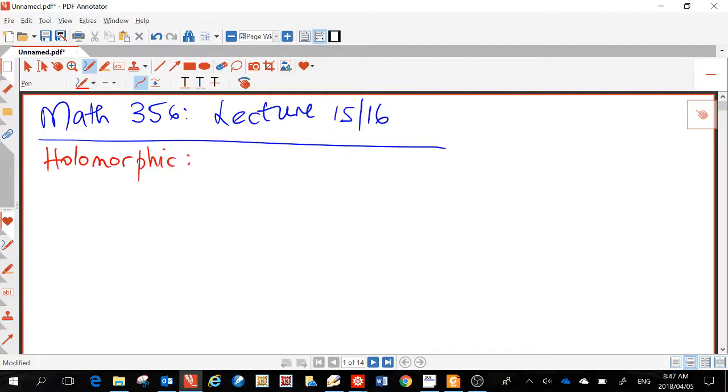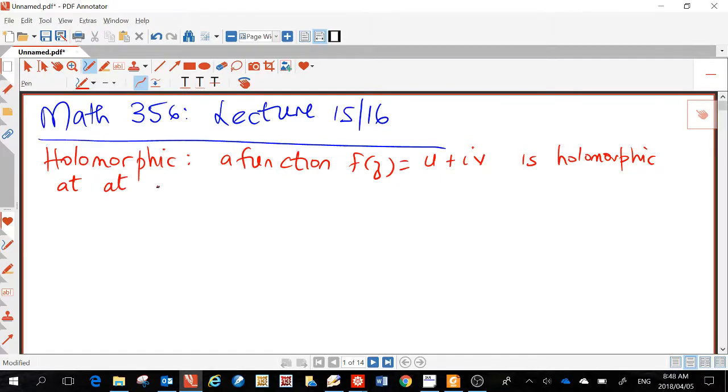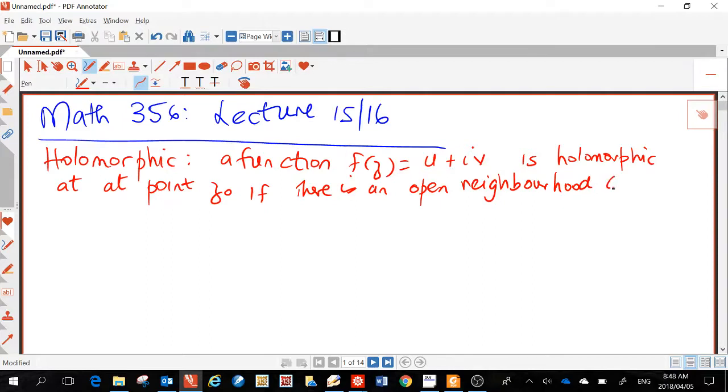Holomorphic. What does this word mean? Well, a function f of z, which is always in the shape u plus iv, is holomorphic at a point z naught if there is an open neighborhood containing z naught